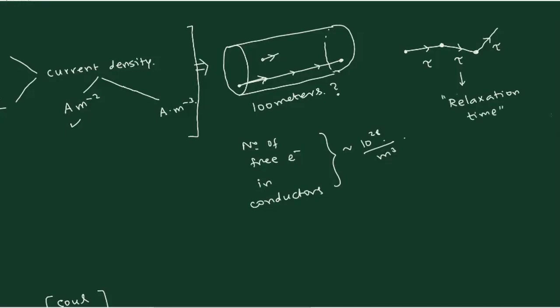So whenever this kind of situation happens, you always have to consider the relaxation time. You don't require a relaxation time in the case of vacuum or in the case of dilute gas problems. But for a conductor, this is compulsorily required. So relaxation time means the time during which the electron will travel freely without collision,